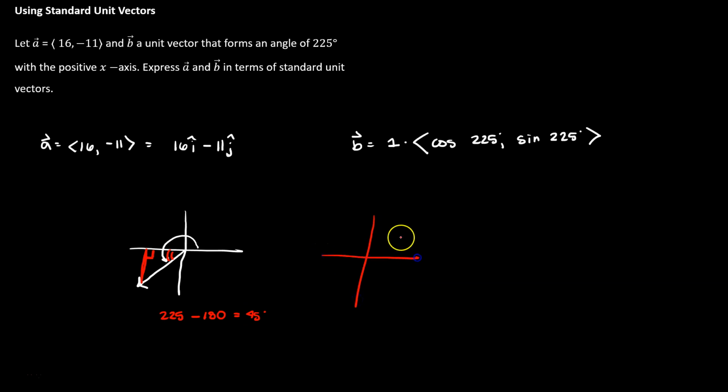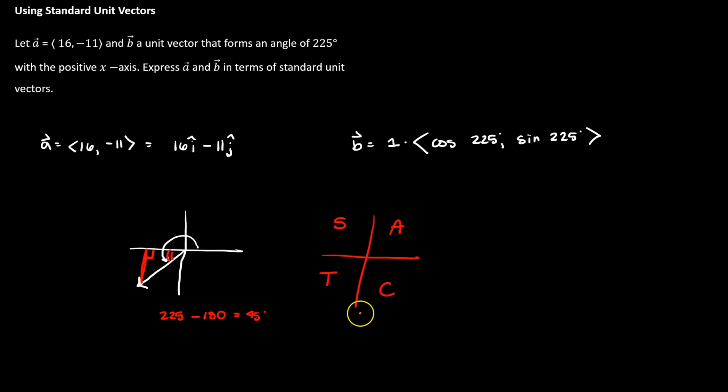Maybe you've seen this cute shortcut before. All students take calculus. It's a short way to remember that every trig function in quadrant 1 is positive, which is why we have an A for all. Only sine is positive in quadrant 2. Cosine and tangent, those are negative in quadrant 2 because of the x values being negative. In quadrant 3, tangent is the only trig function that's positive. That's because sine and cosine are both negative. X and y are both negative in quadrant 3. And then in quadrant 4, cosine is the only positive trig function. So we can use this all students take calculus to help us remember if we need to adjust by a